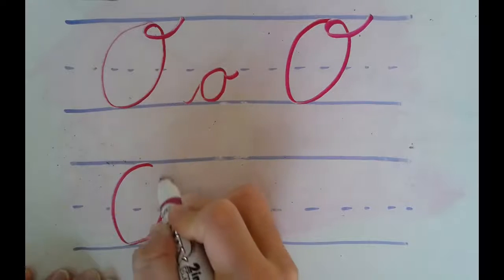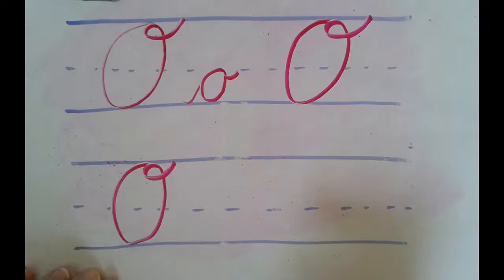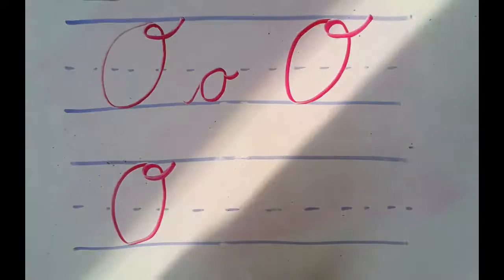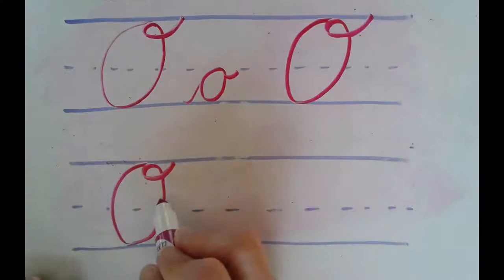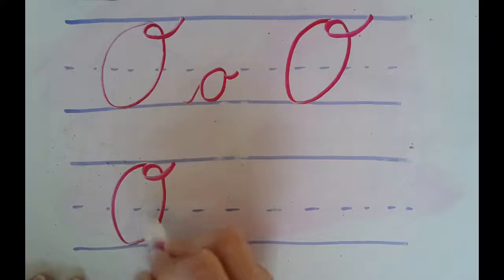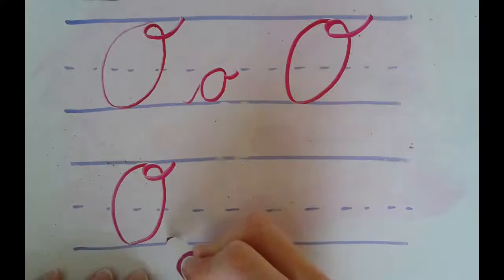Capital O. And you'll notice that many times the capital letters don't connect to the rest of the word. So in the case of the capital A, it did connect to the rest of the word, but in capital O, you make a capital O and then you write the rest of the word next to it, and it does not connect. So now the next letter is